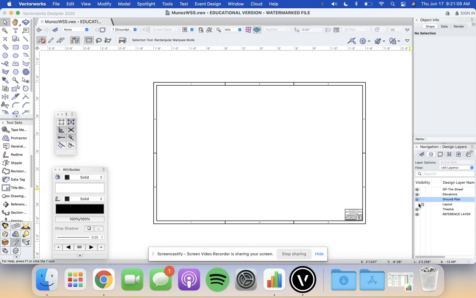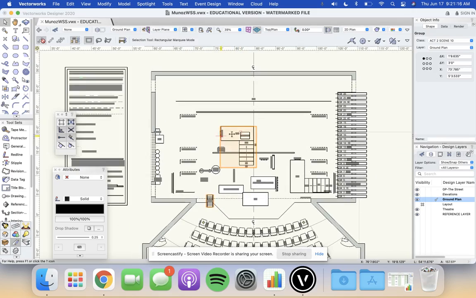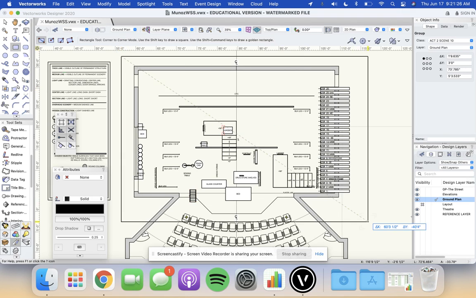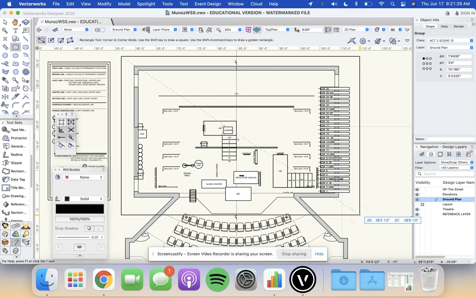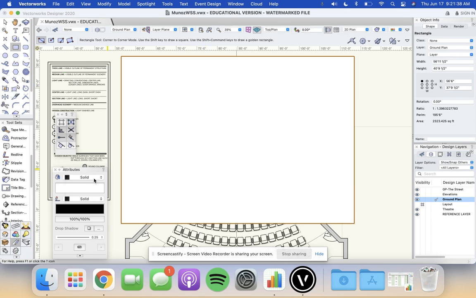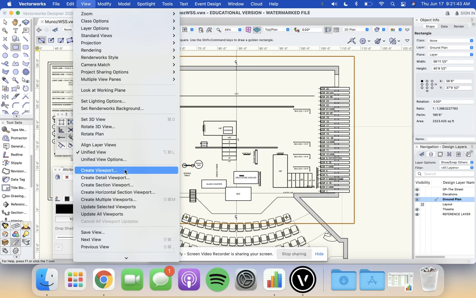And then on the ground plan layer, where I have my Act 2 Scene 10 set ground plan setup, to do the viewport thing, I can highlight the whole area that I want. Well, I'm not highlighting it. I'm putting a box around the whole area that I want to view. So I've kind of been cutting mine off around the first row of seats is how I've been able to fit 4 in. And when you have your box around them, you can go to View, Create Viewport,